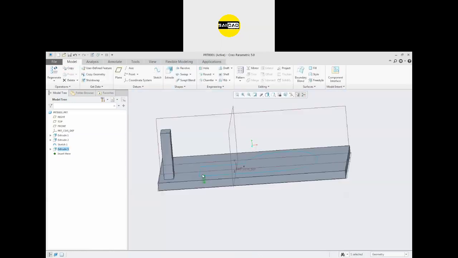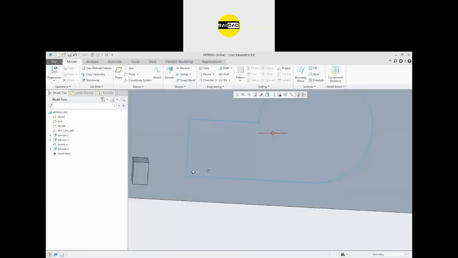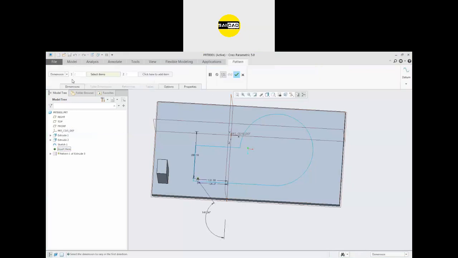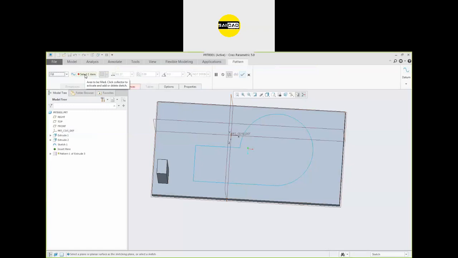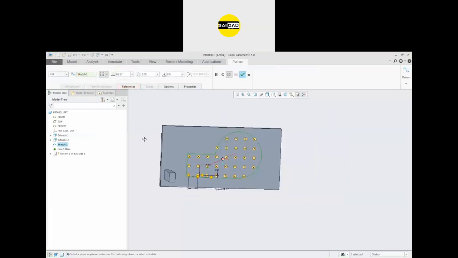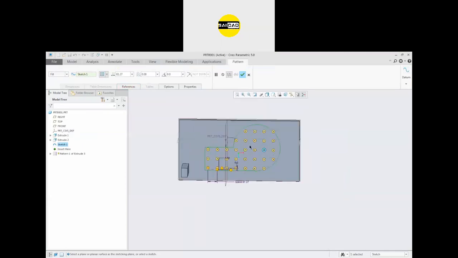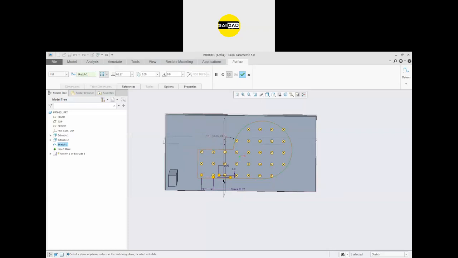We can see this is a hole. I want to apply this hole in this fill item. You can select the feature, pattern, go to the fill, and in fill it will ask for the area to be filled. I want this area to be filled. Now you can see the pattern will be applied only in this area, not on the whole area, only this area.